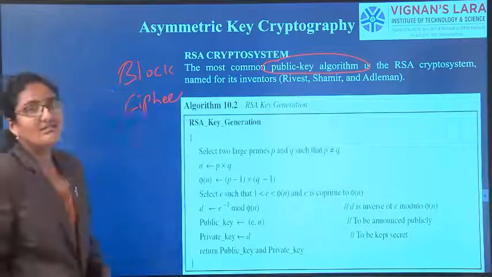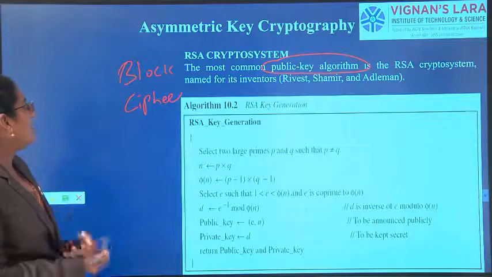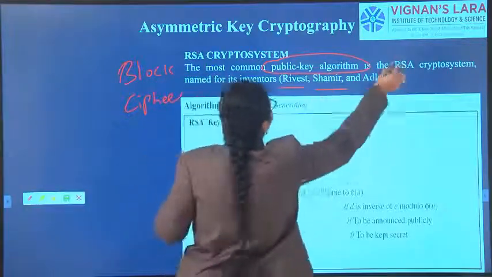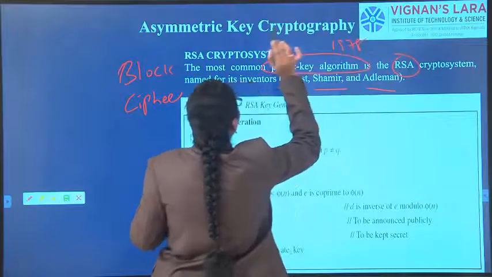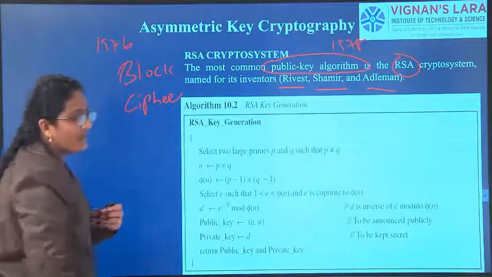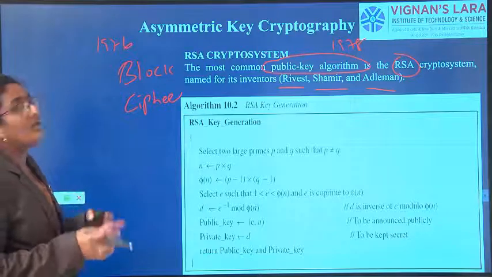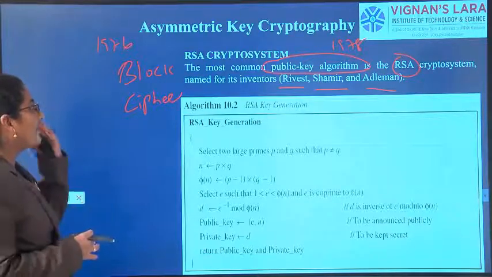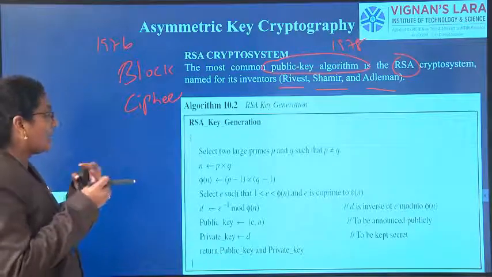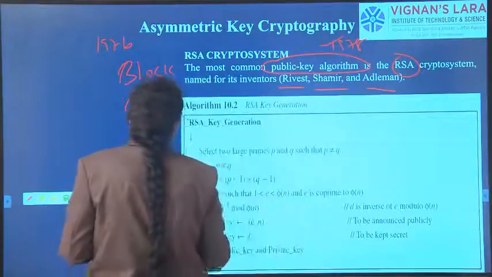In unit 2 we have discussed block cipher and stream cipher. So RSA is the algorithm which is the example for block cipher. Rivest, Shamir and Adleman are the three people who invented RSA in 1978 to meet the requirements given by Diffie and Hellman in 1976. Diffie and Hellman challenged it and gave some requirements. To meet that challenge, these three people invented RSA, a block cipher and public key algorithm, and in 1978 RSA met all the requirements given by Diffie and Hellman.